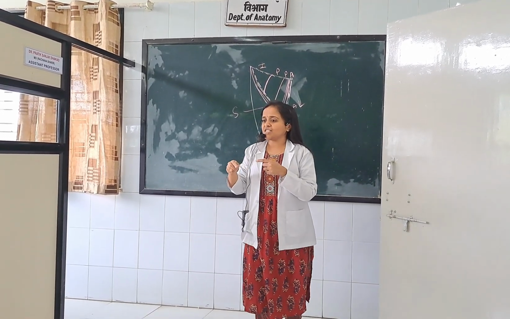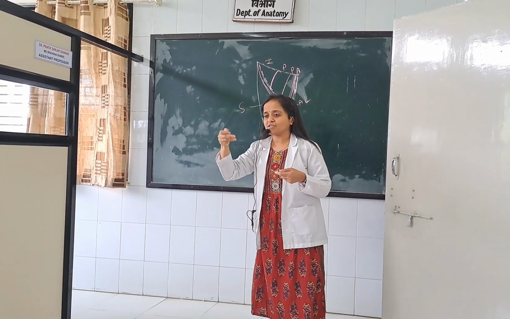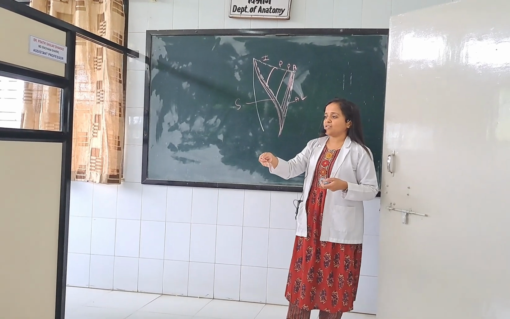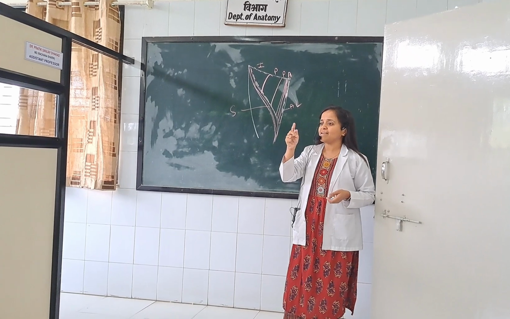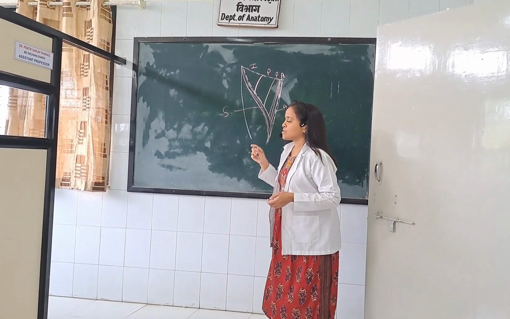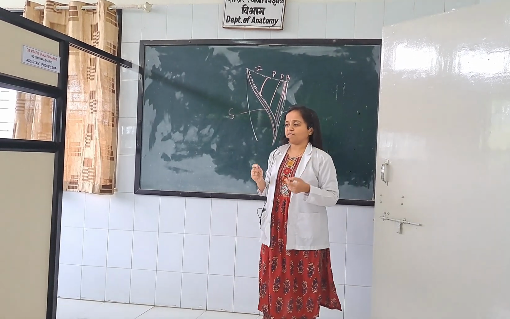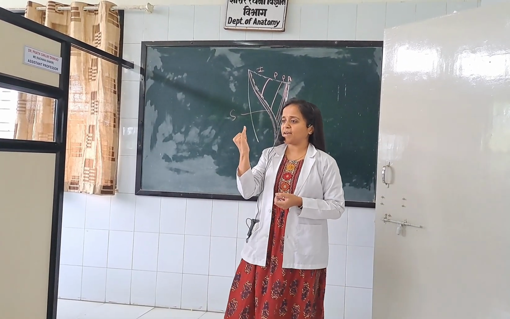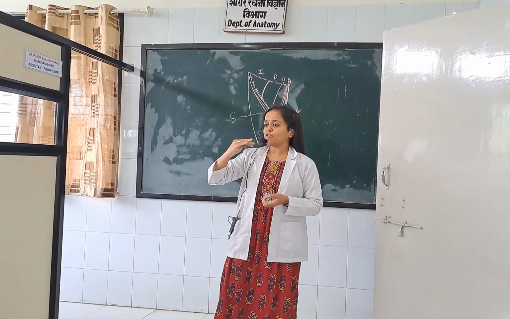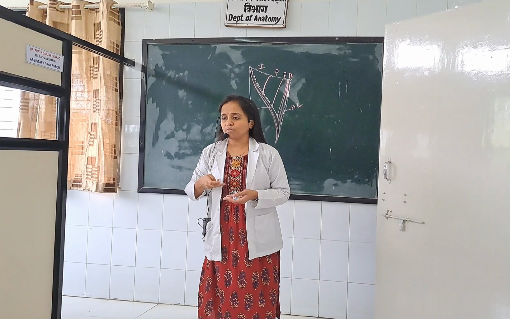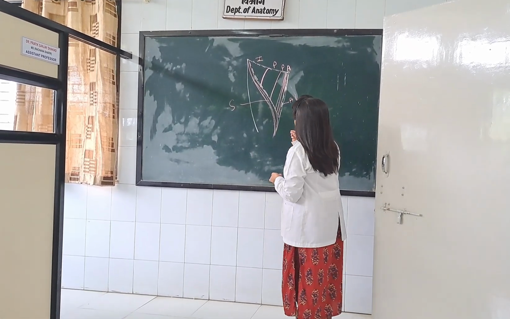So we can make a mnemonic for the muscles forming the floor of the femoral triangle, that is APPI: adductor longus, pectineus, psoas major and iliacus. Now psoas major, we pronounce it as psoas, but the spelling is PSOAS, right? So the psoas major and the iliacus, the four muscles form the floor of the femoral triangle. So till now we have seen the base, the apex, the medial border, the lateral border, the roof and the floor of the femoral triangle. Now we will move on to the contents of the femoral triangle, which is very important.